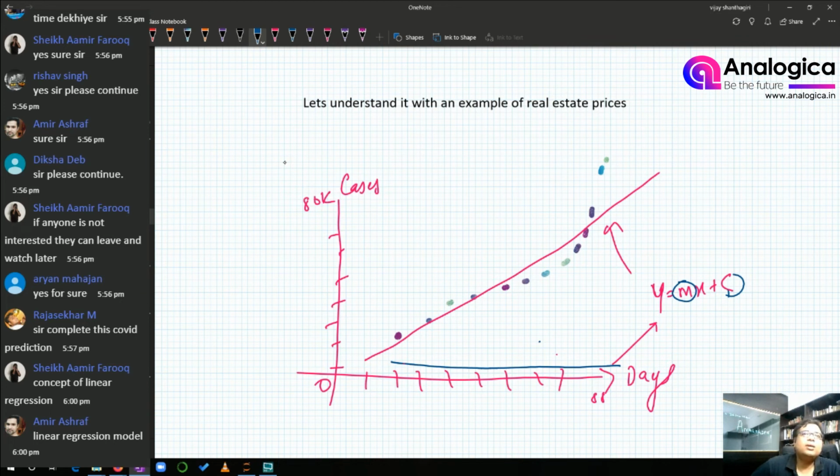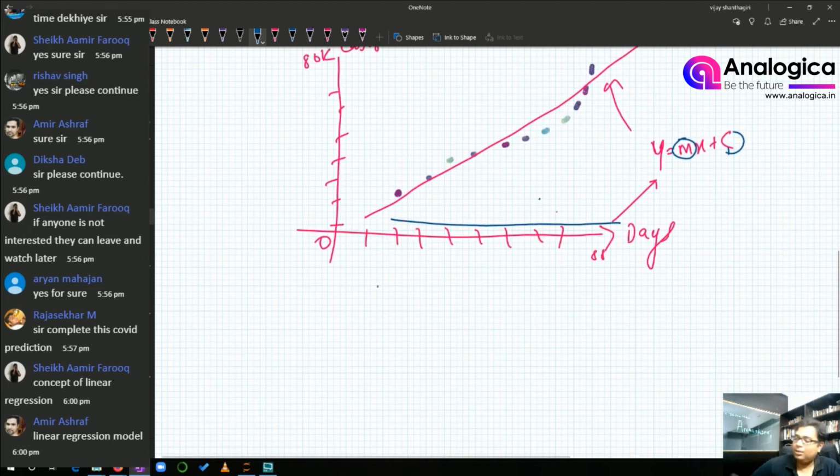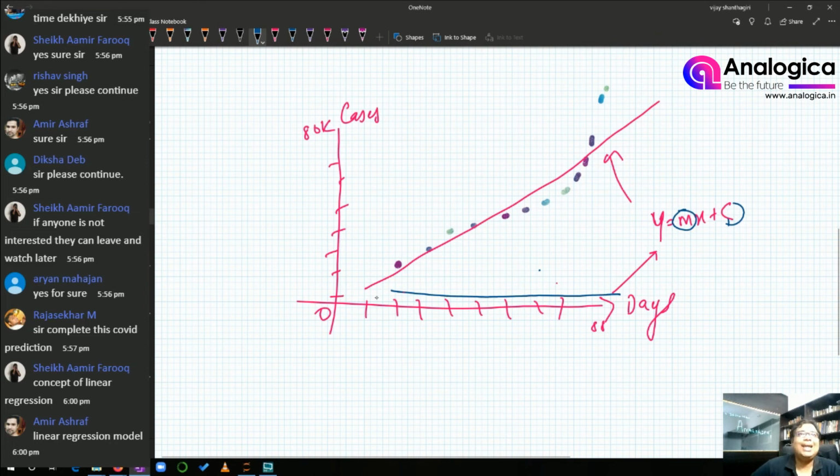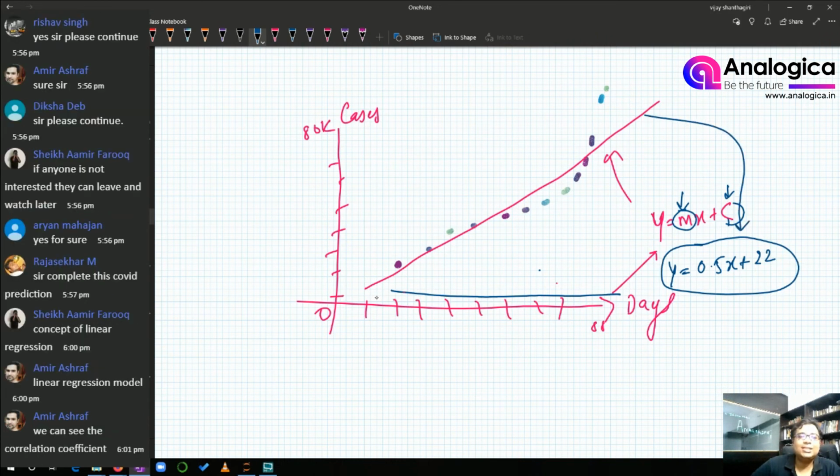So after doing what we call the least square method, there's an algorithm called least square method, gradient descent is also called. Once that happens, we get the same straight line but with different m and different c. That new relationship, let's say y is equal to 0.5 into x plus some intercept 22. Now this equation is a new equation, which is this. Okay, now this is your model, right? This is the model. So we're going to build a model which is going to fit our COVID data,